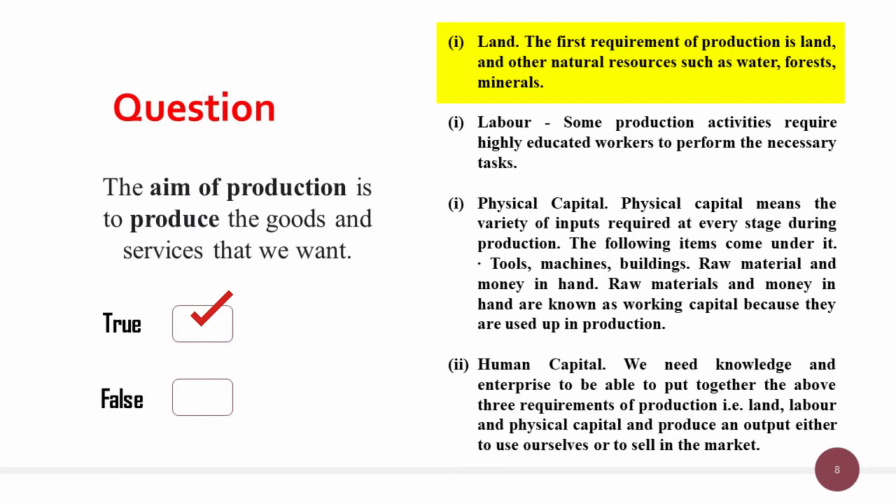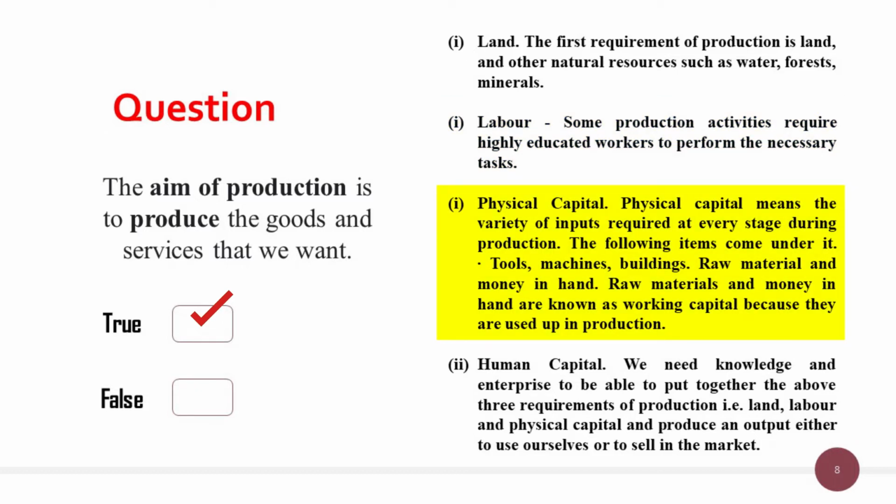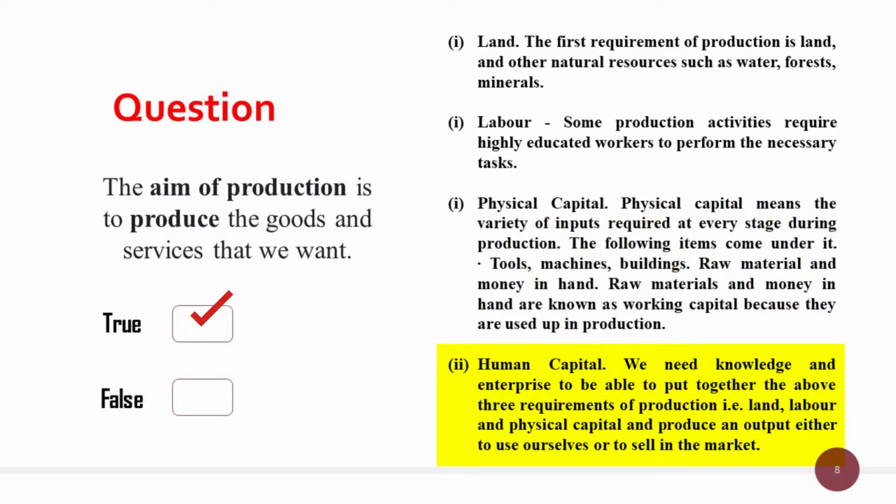Here is why. Land. Land refers to the first requirement of production, and land is another natural resource. Labor. Some production activities require highly educated workers to perform necessary duties. Physical capital. Physical capital means the variety of inputs required at every stage during the production process. And human capital, we need knowledge and enterprise to be able to put together the above three requirements as was